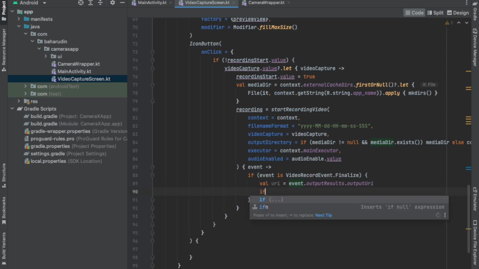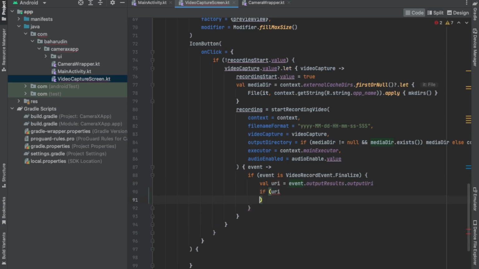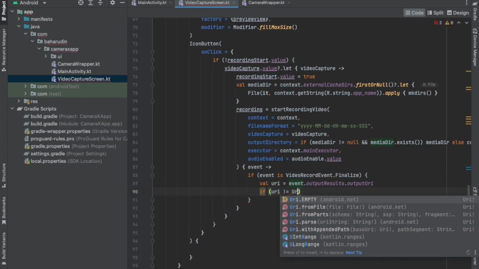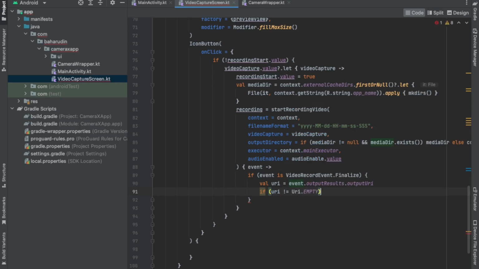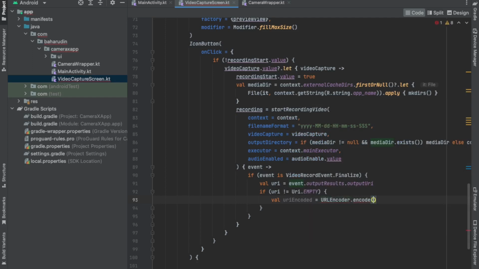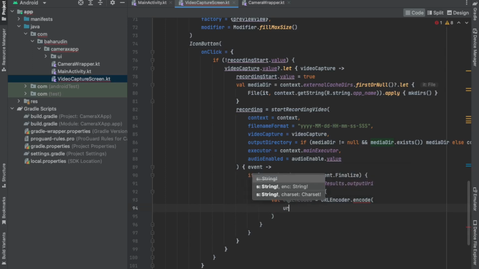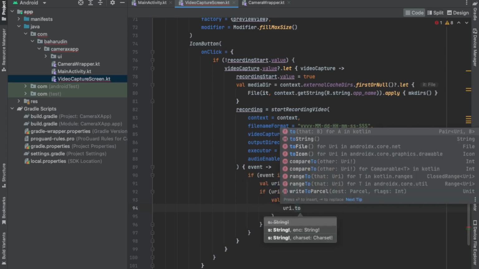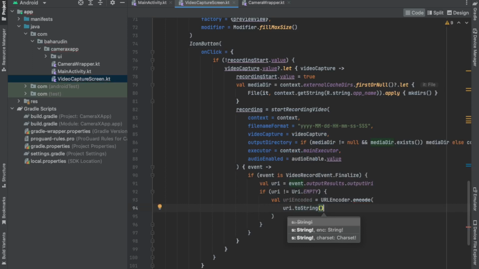If URI is not URI dot EMPTY, which is not empty, and again fileUriEncoded is equal to URLEncoder dot encode, the encode first, and URI dot toString. Okay, like this one,